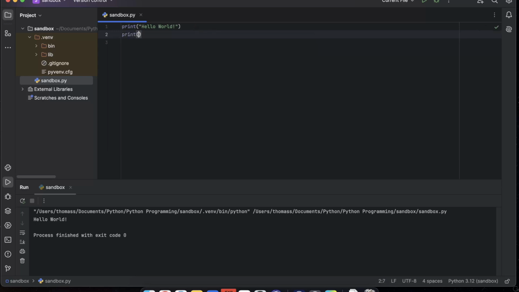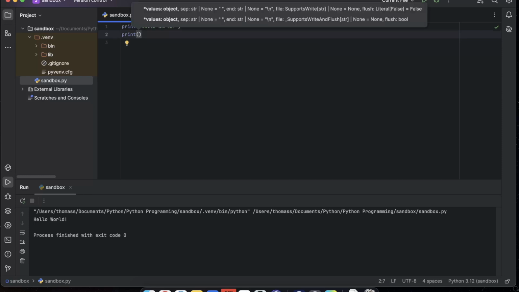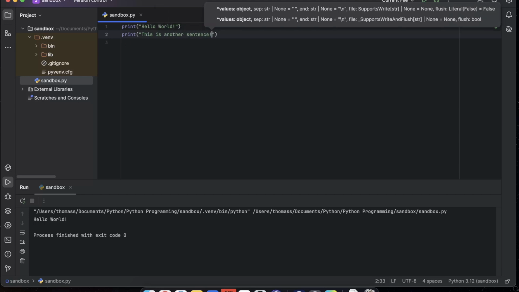If we press enter, it will choose that, and then you'll see that the cursor goes in between the parentheses to begin typing, and so that next statement that we can write will have quotation marks, and then we will type something. This is